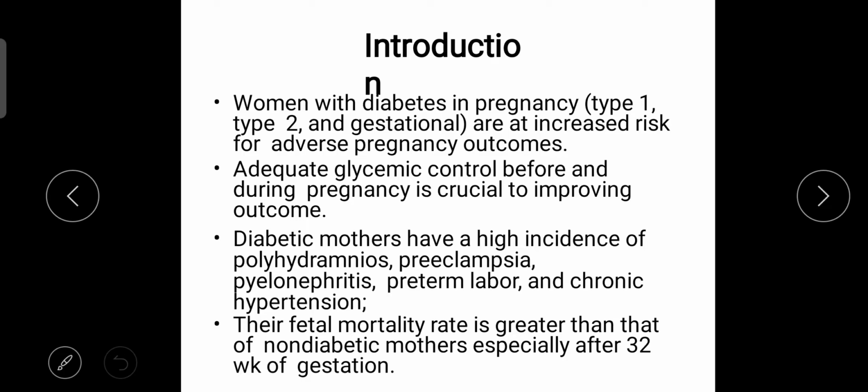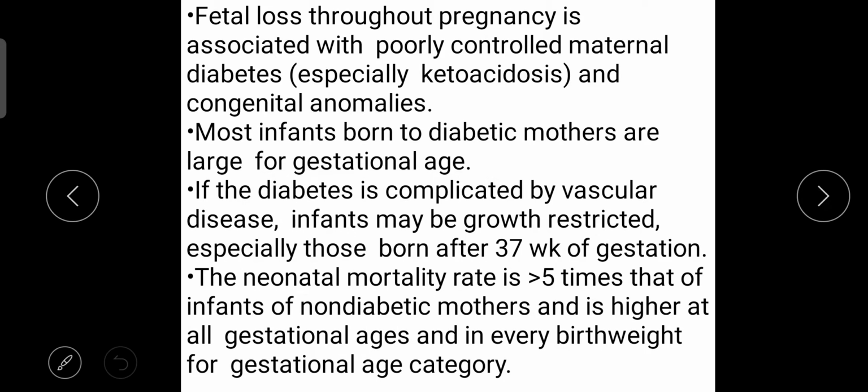Okay, so their fetal mortality rate is greater than that of non-diabetic mothers, especially after 32 weeks of gestation. Means if the mother is having diabetes, there is more chance of fetal death compared to non-diabetic mothers. Fetal loss throughout the pregnancy is associated with poorly controlled maternal diabetes and congenital anomalies. Means if the mother is unable to control the sugar level during the pregnancy, there is a chance